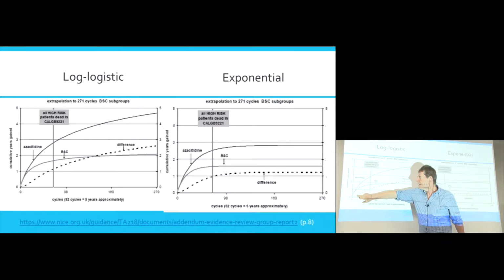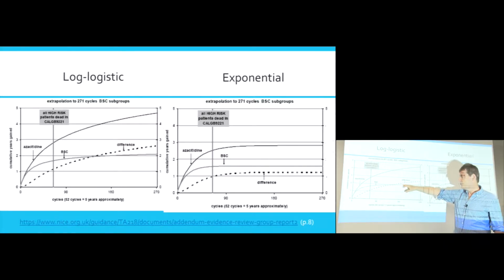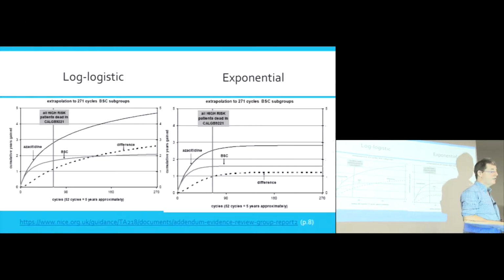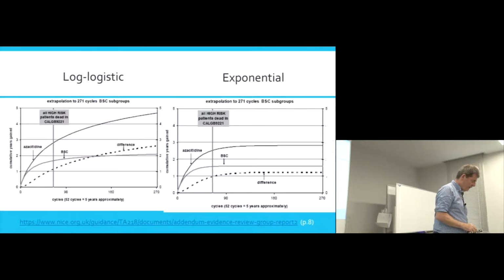We can contrast that with the best supportive care, which levels off a bit sooner, and by, well, what would that be? By about 10 years, virtually everybody is dead, and there's no additional years of life being gained. Okay, so those two curves, using a log logistic model, using the data from the trial,